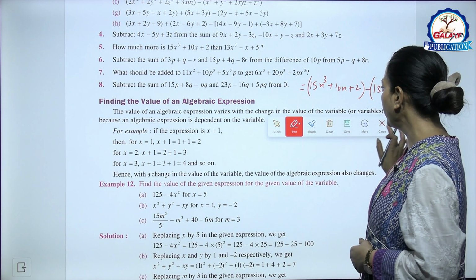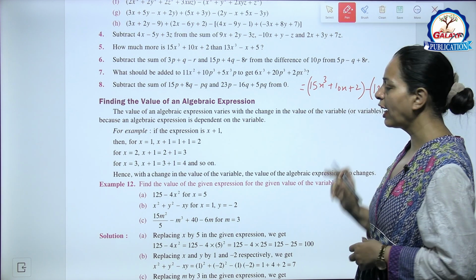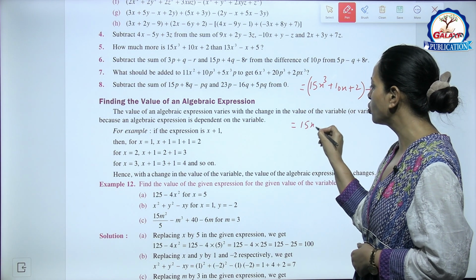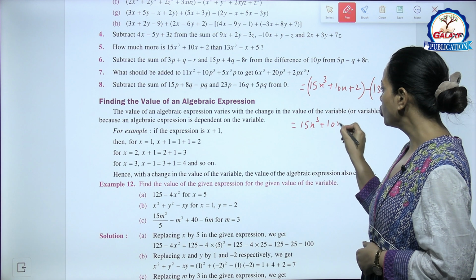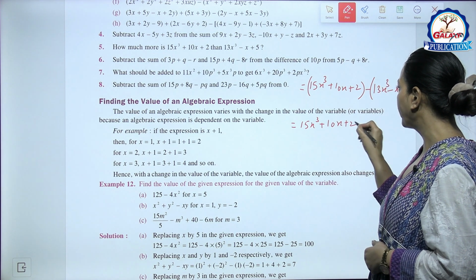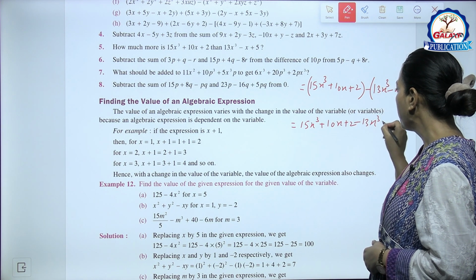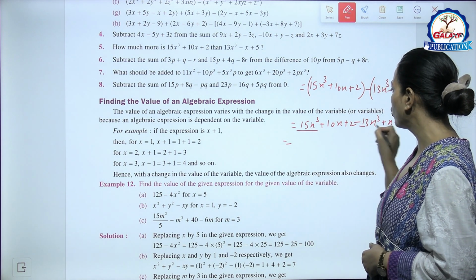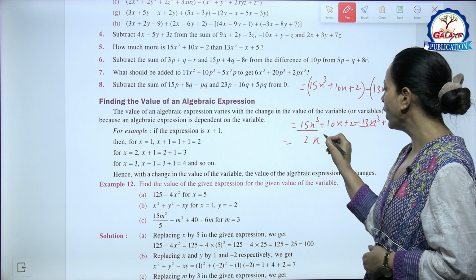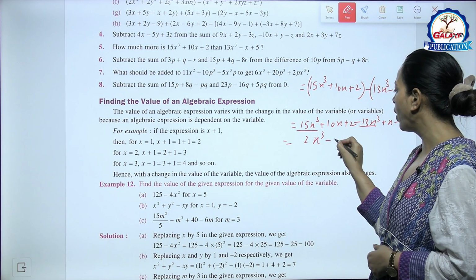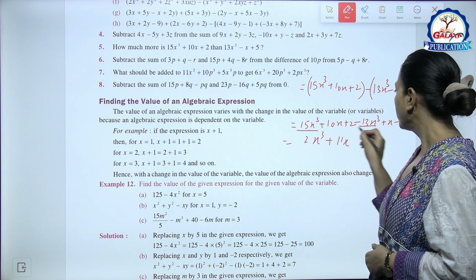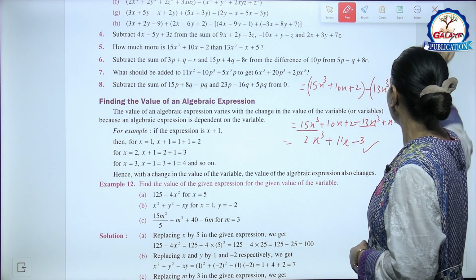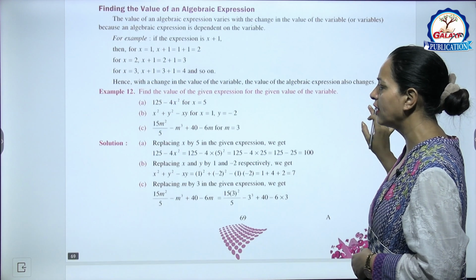Okay, so now we have a minus sign before this bracket. So the first bracket as it is, no change. Now change the sign of the second bracket: minus 13x cube plus x minus 5. So what will you get? 15x cube minus 13x cube, 2x cube plus 10x plus 1x, 11x plus 2 minus 5, minus 3. Similarly, you can try the remaining parts. I hope these are clear to you.